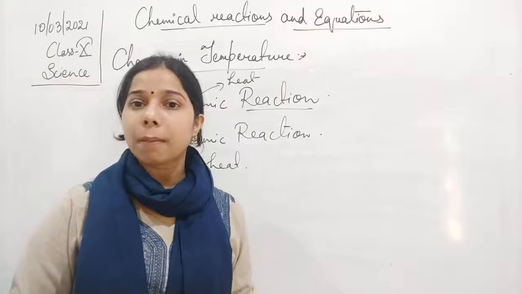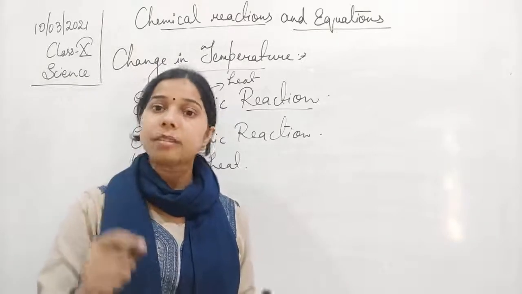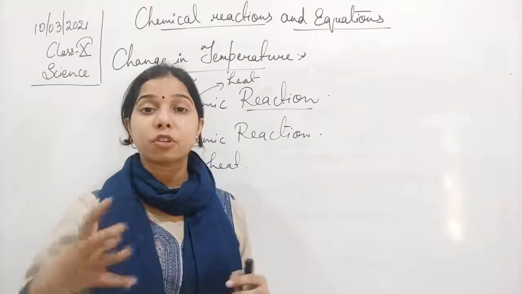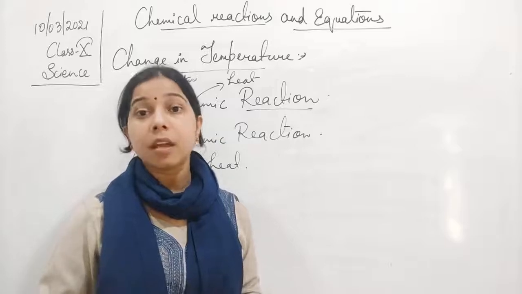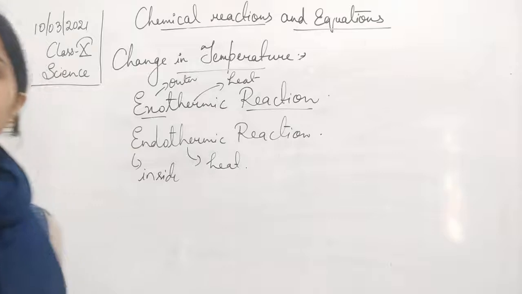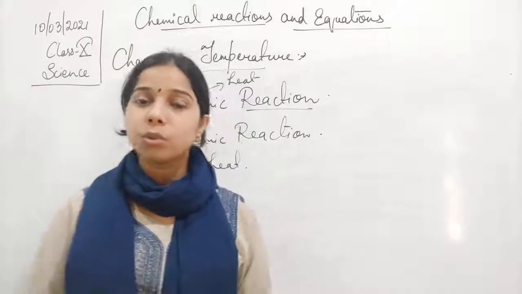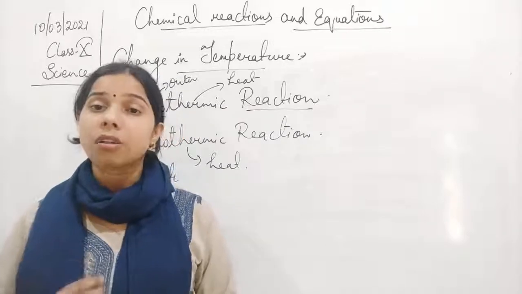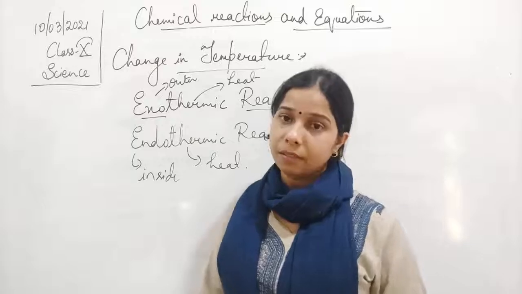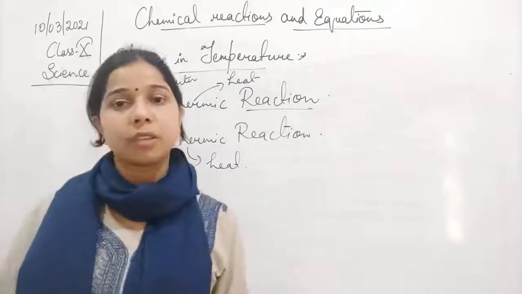When we were talking about the zinc granules, students, we took the zinc granules and added them into the dilute sulfuric acid. You have seen that there is formation of bubbles, the reaction takes place. Not only that, but heat is also produced. How do we come to know that heat is produced? When you touch the test tube, we will find that it is hot. So this proves that the reactants produce heat. We will discuss these two reactions as well as the change in the temperature in the next class.